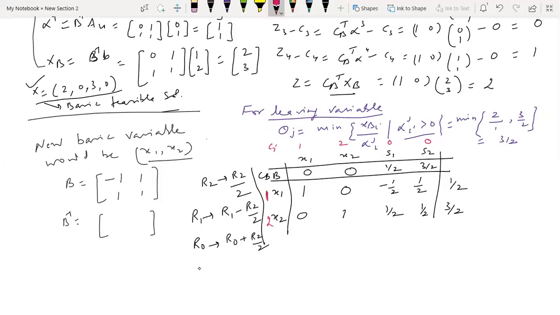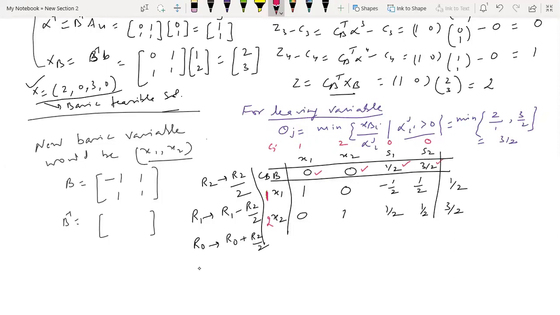And you see, you multiply this column with this column, what do you get? 1, 1 minus 1 is 0. So you got the correct entry. Again, for this one, 1, 2 is multiplied by 0, 1 is what? 2, 2 minus 2 is 0. Again, the correct entry. What about the third one? 1, 2 is multiplied by this column. What do you get? Minus 1 by 2 plus 2 by 2 is 1 by 2. 1 by 2 minus 0 is 1 by 2. Again, the correct entry. And for the fourth one, 1 by 2 plus 2 by 2 is 3 by 2. 3 by 2 minus 0 is 3 by 2. You got the same thing.